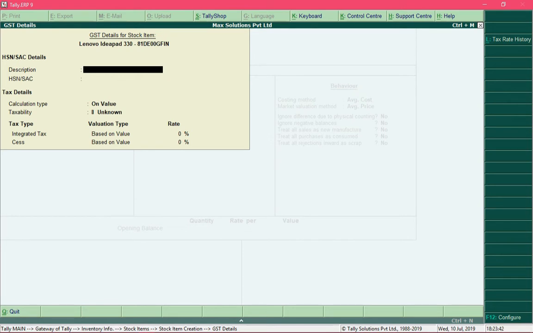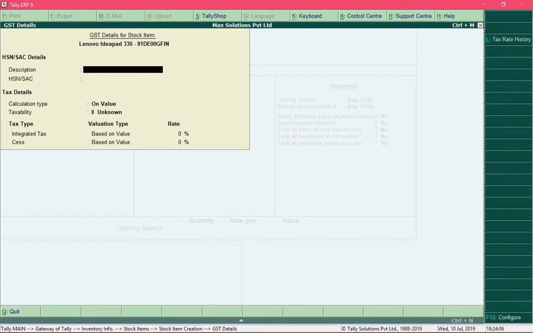But if you remember, we have already furnished GST related details like HSN code and the rate of GST at group level. Once you define those details at group level, any product created under such groups would share the same details, so we don't have to specify that information again over here.